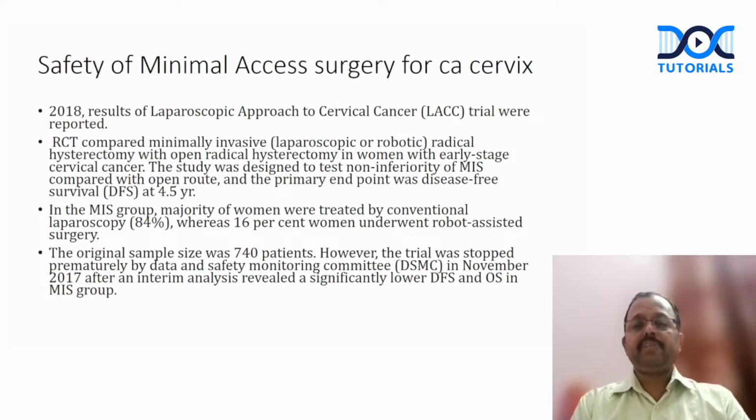Originally, 740 patients was the sample planned. However, the trial was prematurely stopped because of data from the safety monitoring committee as early as November 2017, where after an interim analysis, there was a significantly lower disease-free survival and overall survival in the minimal invasive access surgery group. That is the laparoscopic and the robotic group, compared with the open surgery group. This was the reason why most of the time we are now not doing the minimal access